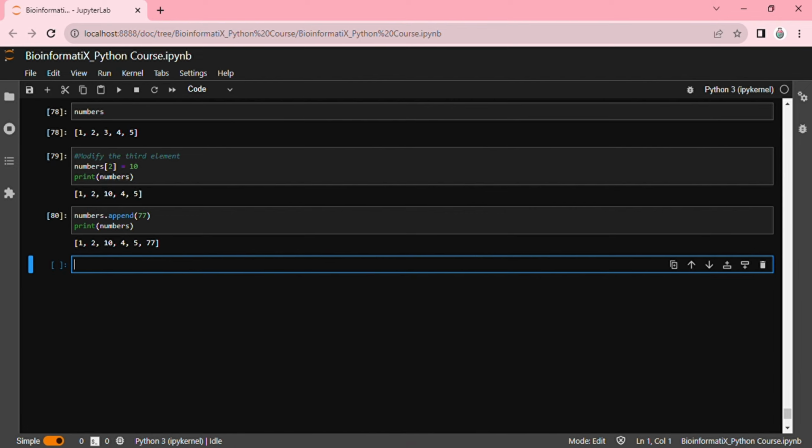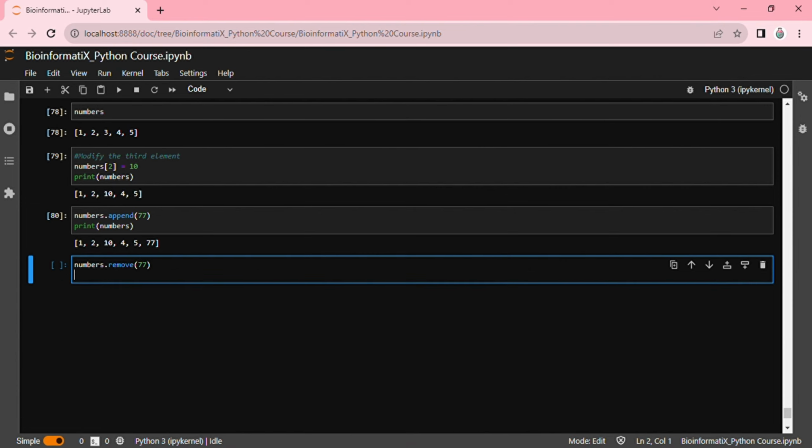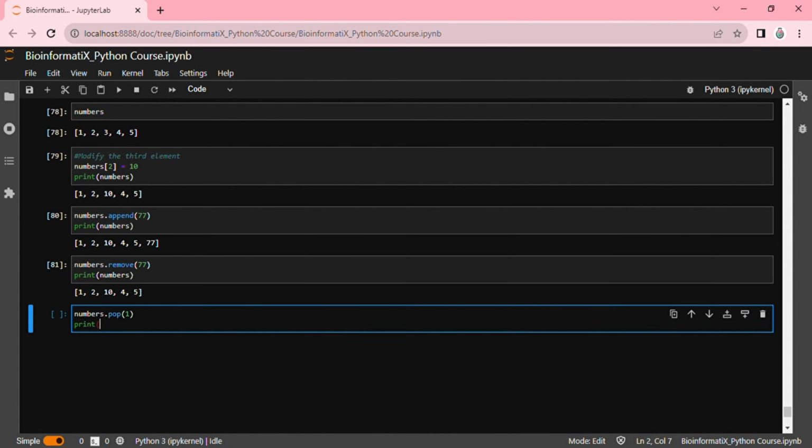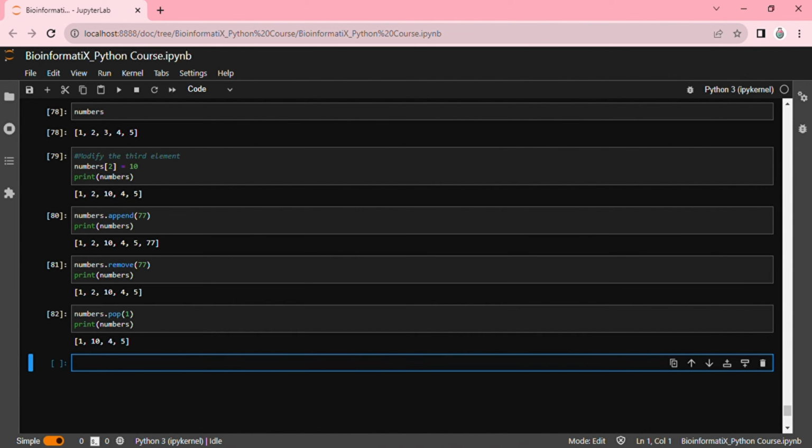Now, what if we want to remove an element from our list? Numbers.remove, and then 77. Print numbers. As we can see, we removed the number 77 by using the remove method. We can also use the pop method. Example, numbers.pop, and then, for example, let's remove index 1, which is 2 in our list. So print numbers. As we can see, we also removed the number 2, which is index 1 in our list, by using the pop